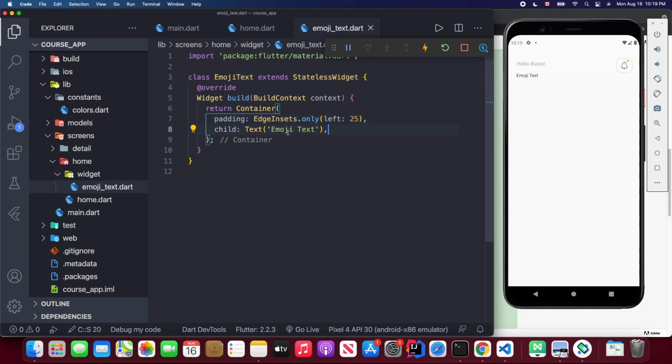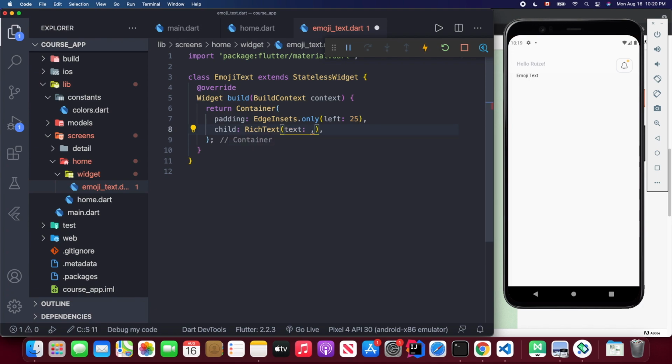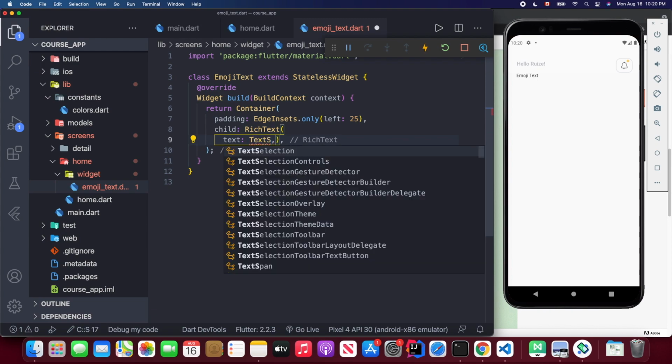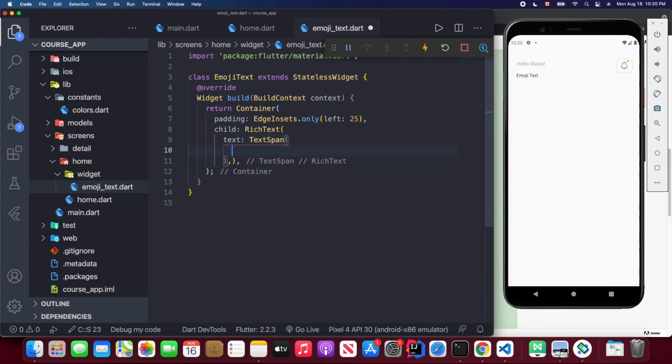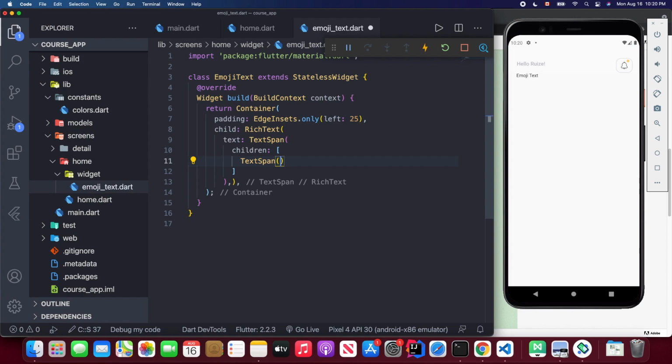Alright, and next I'm going to replace this text widget with our emoji rich text. So inside this rich text, we need to implement the text attribute because it is required, and we will use this text span widget. So inside this text span, we have a children attribute to implement. So we can use this text span widget again. Inside this text span widget, we have a text attribute, and we need to specify the text we want to render. So we're going to use